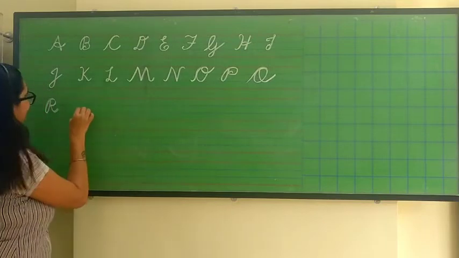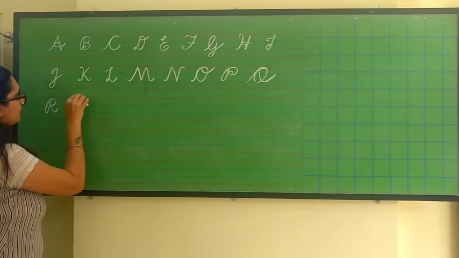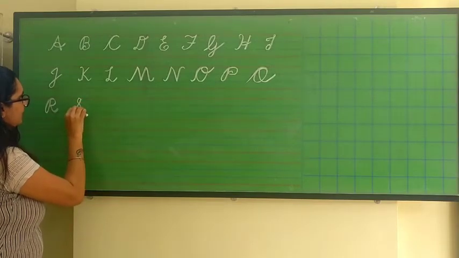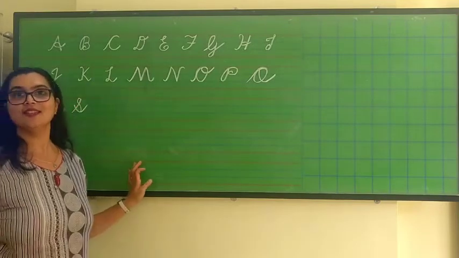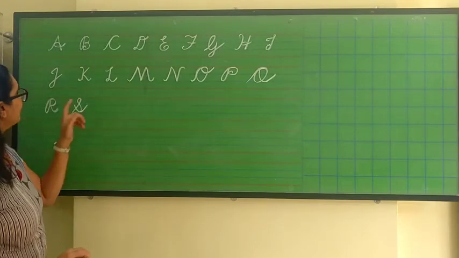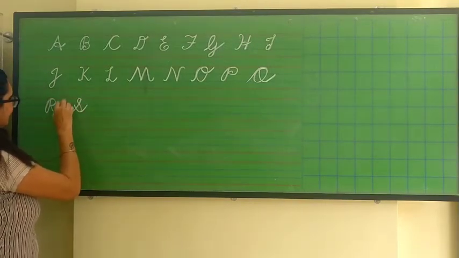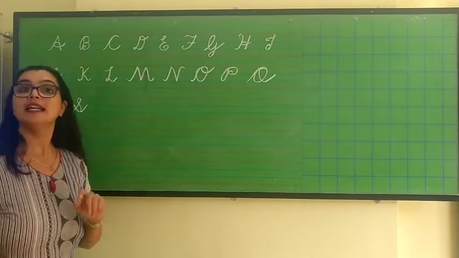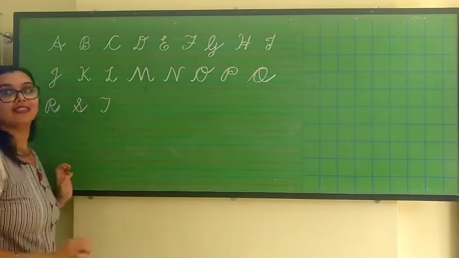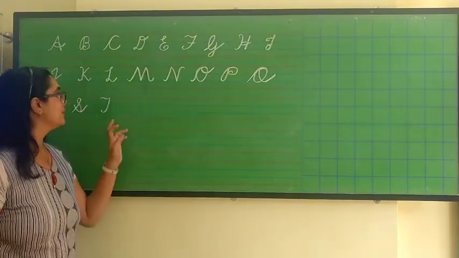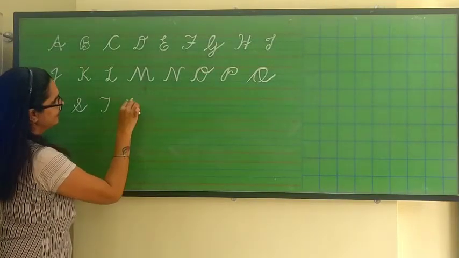Now S, and keep on tracing the letters, children. A curve, and then now we know that all the capital letters we start from the red line. Yes? And now after S comes T. So this is T. And then comes U. After T comes U. A turn.